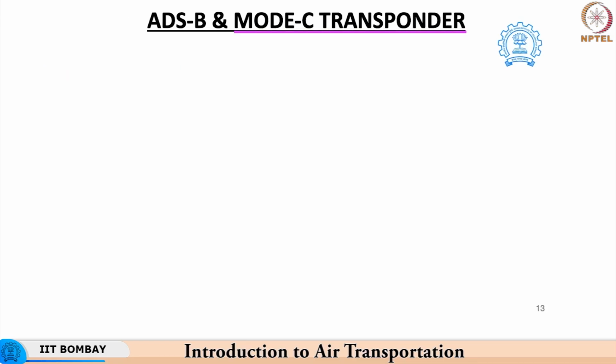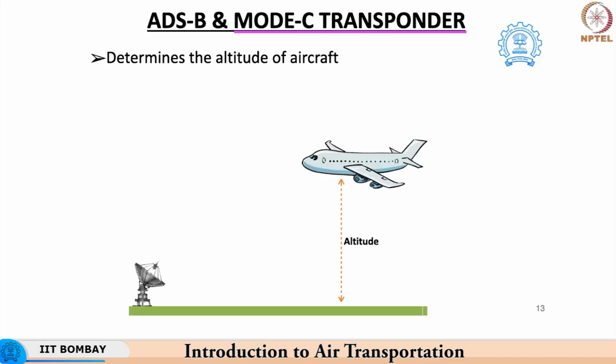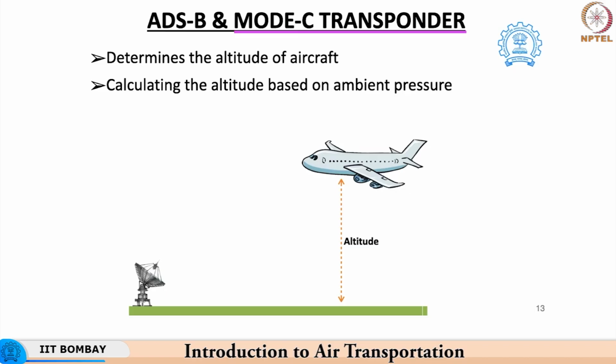So, another part related to dependent surveillance is called the mode C transponder. Apart from this, we need to understand what a transponder is. A transponder is basically a transceiver, so it includes a transmitter as well as a receiver in the same system. Whenever an interrogation signal is sent to a transponder, it is bound to send a response signal. This is how a transponder works.